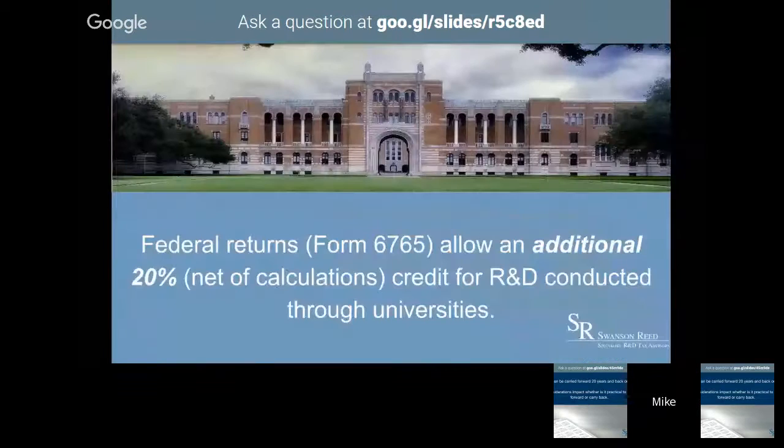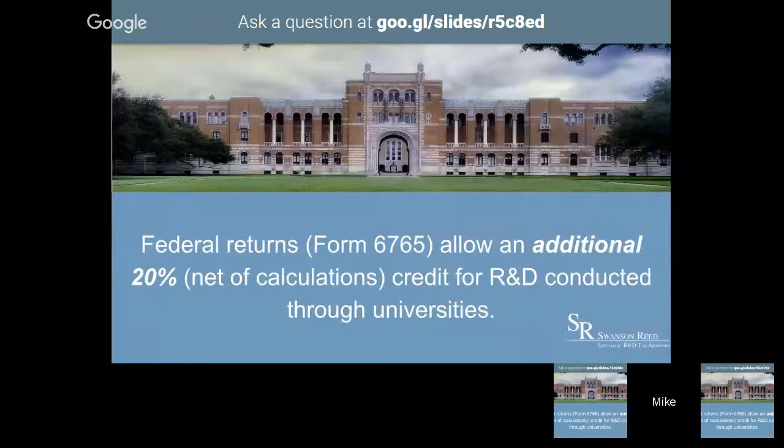Okay, college. Working with universities and colleges generates an additional credit. Technically, if you look at Form 6765, which is what is used on federal returns to calculate R&D credits, it is actually a second credit. It's calculated